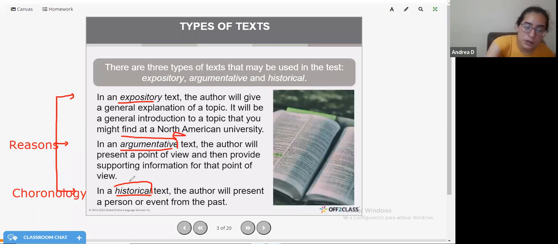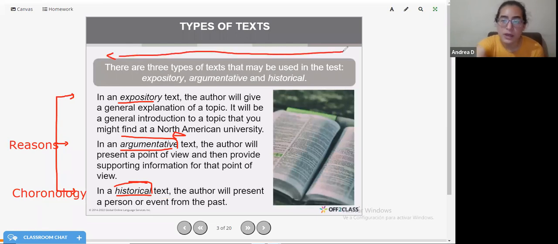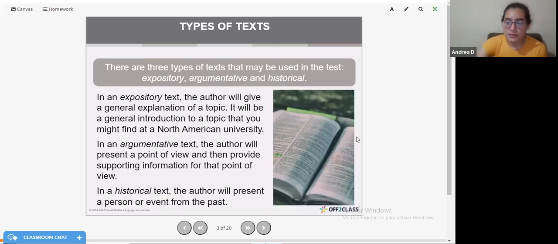If you know it's a historical note, then you can even maybe draw a timeline, right? You can draw a timeline and be like, okay, so Sylvia Plath was born here in 1905, and she had two brothers, I don't know, two siblings. So try to understand what type of lecture it is.